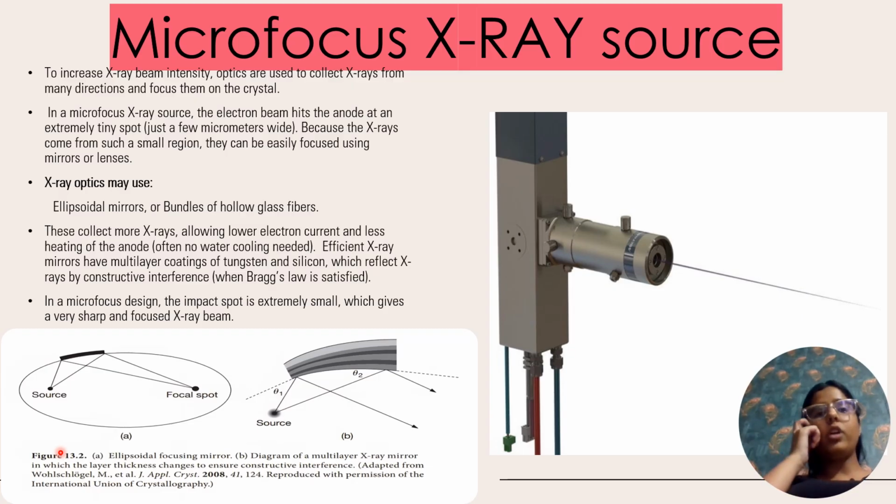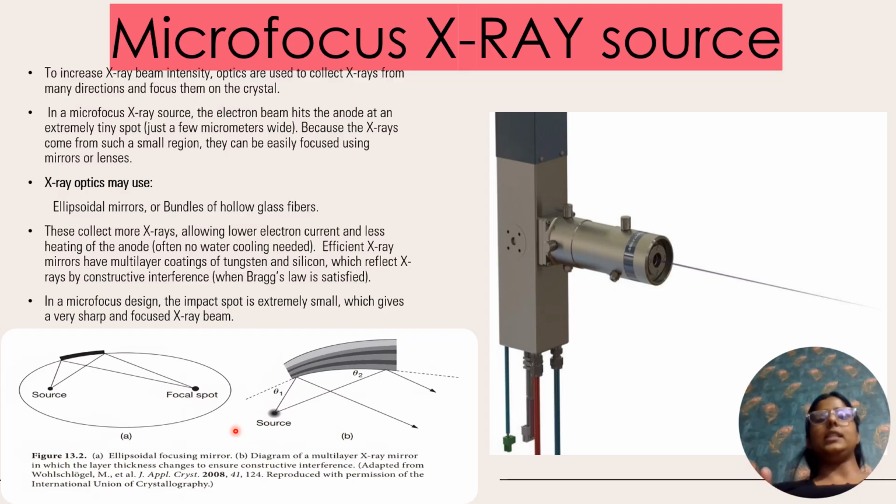Now two main focusing systems are used. One is the ellipsoidal X-ray mirror and the other is a bundle of hollow glass fibers. Both are shown here. So let us talk about the ellipsoidal focusing mirror. These mirrors have a special curved shape. You can see the special curved shape that reflects the X-ray from one focus of the ellipse to another. The second focus is where the crystal is placed. Why? Ellipsoidal geometry naturally directs the divergent X-rays into a single focus point,